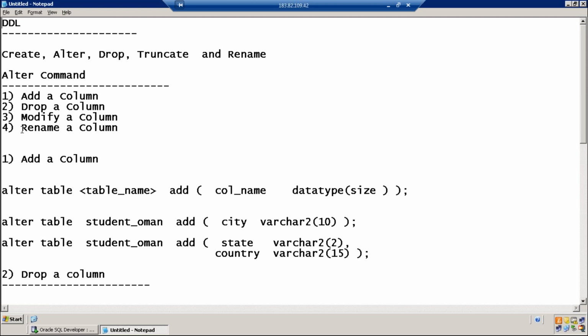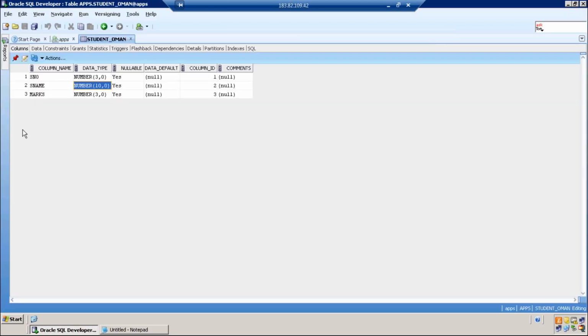And through modify, we are modifying the data type and even the size of the column. Modify, you can do two things. You can increase the size, decrease the size. You can also change the data type. But to change the data type, the column should be empty. You can see student name previously it was varchar2. Dilaver, I have changed it to number.